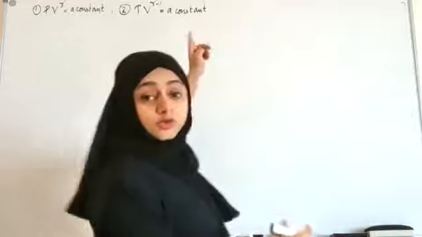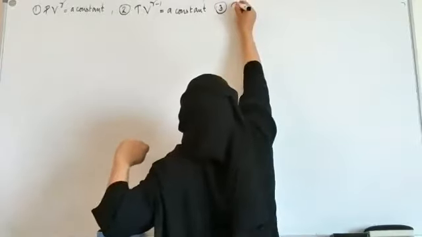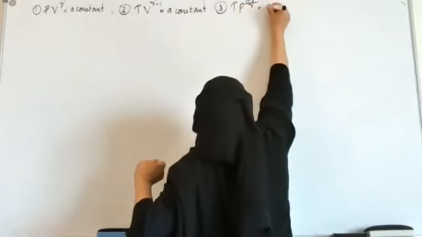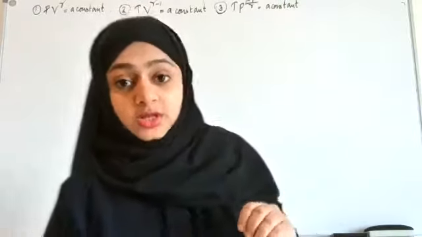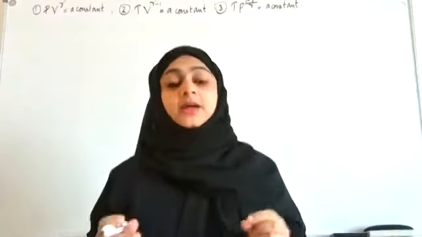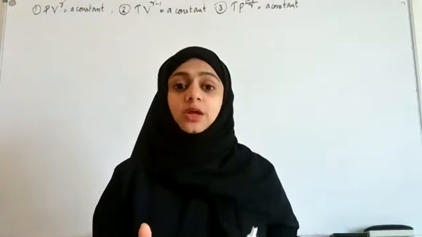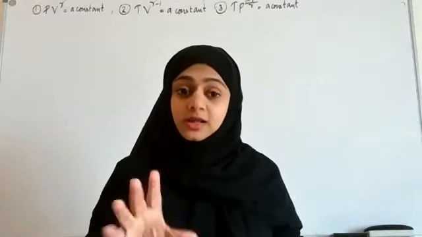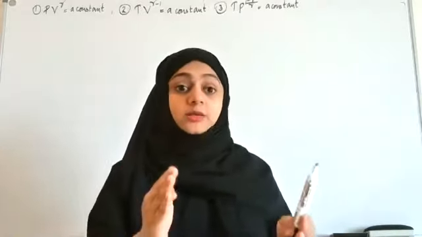Then again we will use the first equation and we are going to prove or derive P raised to 1 minus gamma by gamma times T is a constant. So these three relations, you have to note there are few conditions under which these three relations will be valid. And the condition is that it should be an adiabatic change and it should be about ideal gases. So these three equations are valid only for ideal gases during adiabatic change. So let us take one by one and prove them.